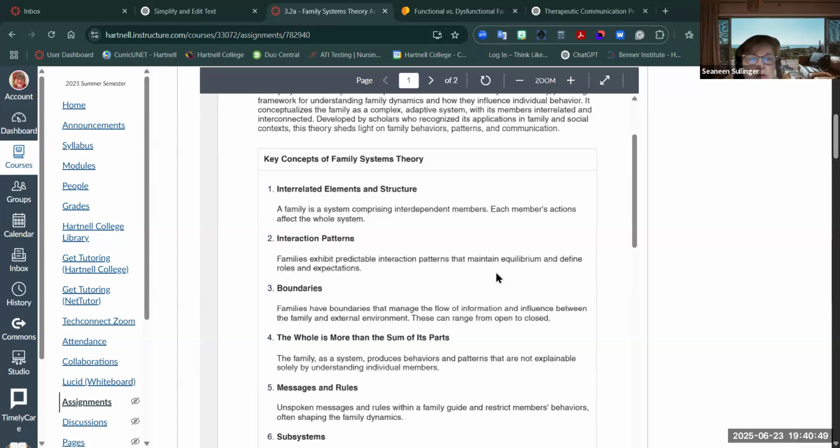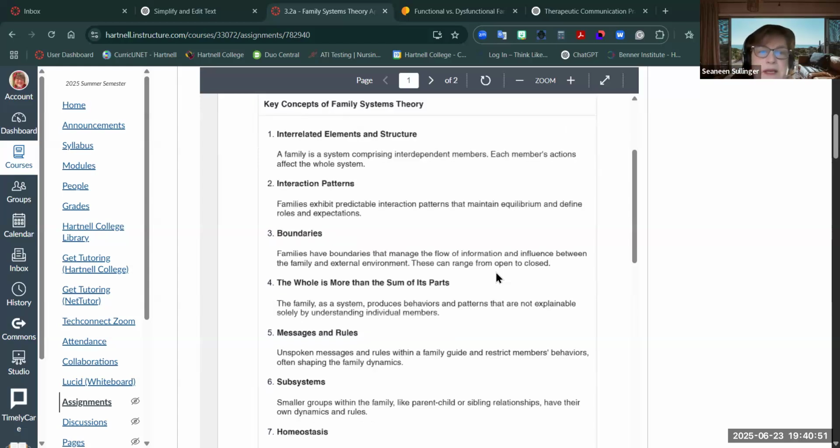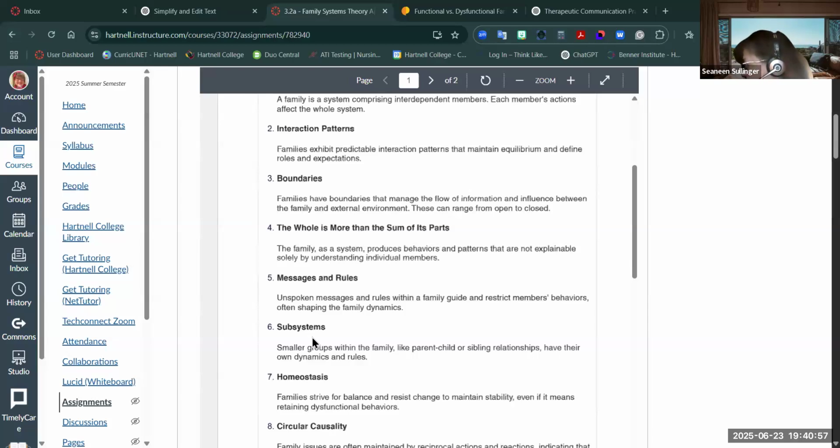Are there boundaries in the family? Not necessarily. Are there subsystems? So for example, with subsystems, there you go. Like I just talked about Homer and Bart's relationship, that would be considered a subsystem in the family.